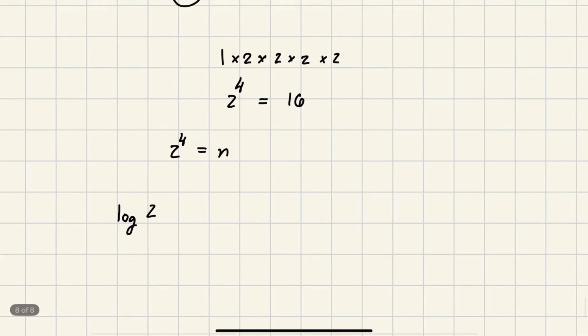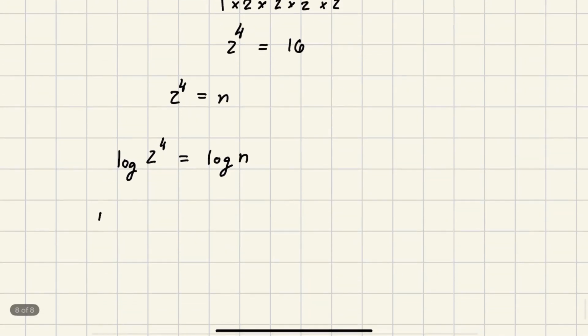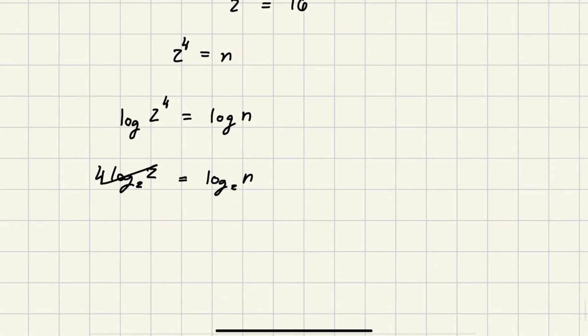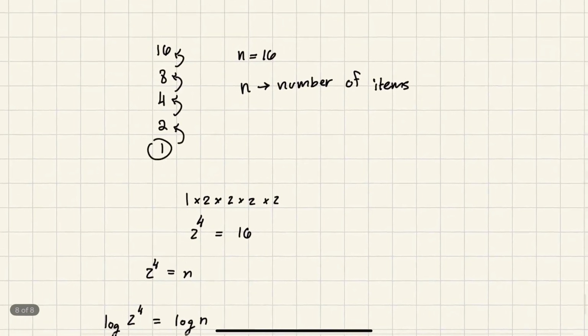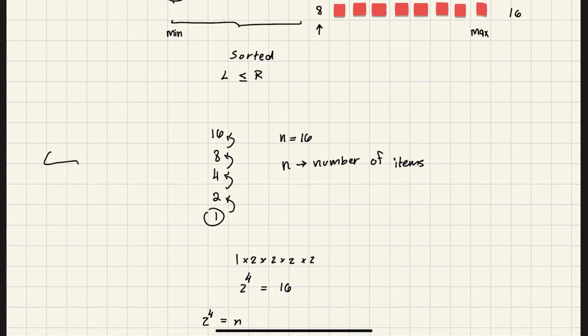So if we take the log of both sides, log of 2 to the 4, and log of n, we can move the exponent down. We end up with 4 log 2 of 2 is equal to log 2 of n. And these two cancel out, and you're left with 4 is equal to log of n. And what does the 4 mean here? Well, the 4 is actually how many times we had to divide up our array before we found the number